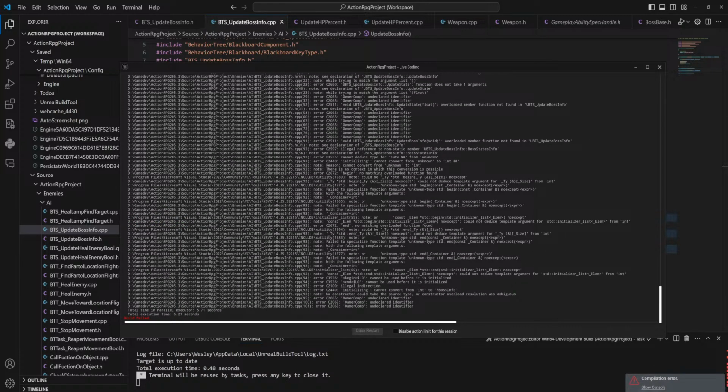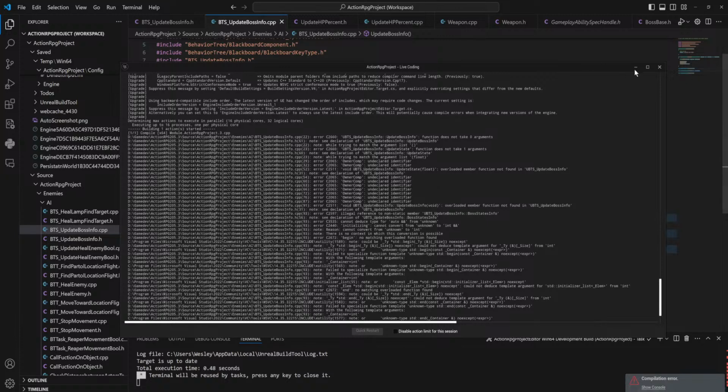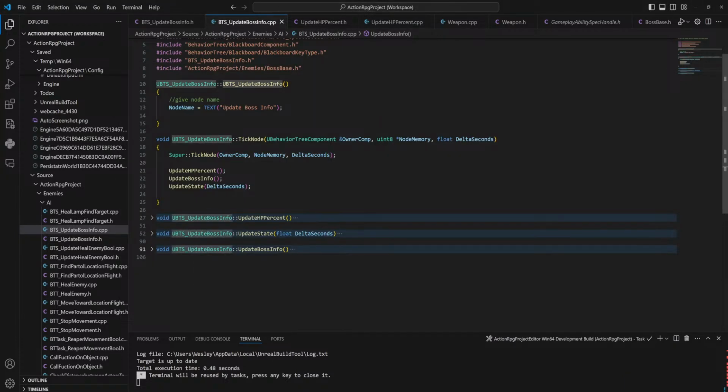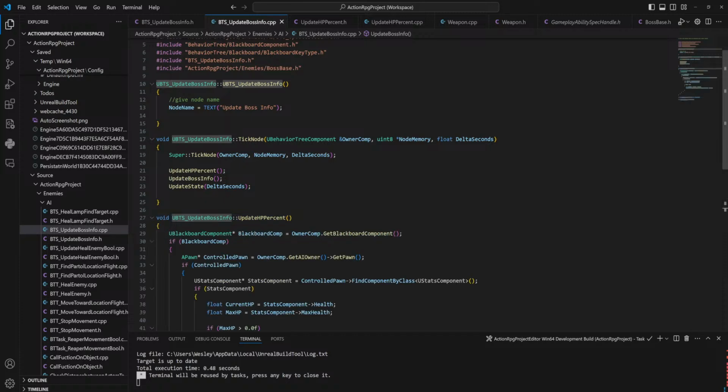Okay, so now I'm actually getting a little confused. Oh, we need to pass through owner comp into update HP percent. Maybe node memory is actually somewhat relevant to some of this stuff as well.